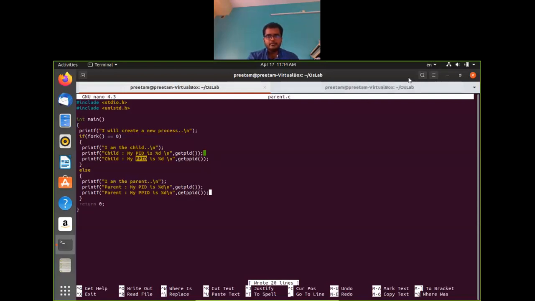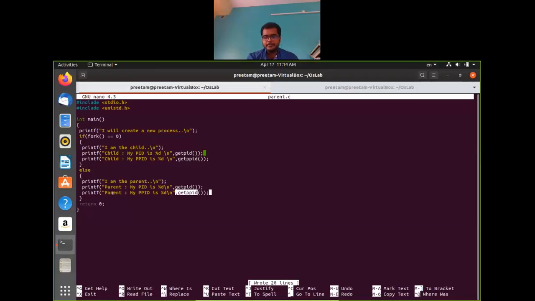So whenever the child process prints the PPID, it should match the parent's PID. And the parent's PPID should be nothing but the bash, because this will be executed in the bash. So the getppid of the parent should be the PID of bash.